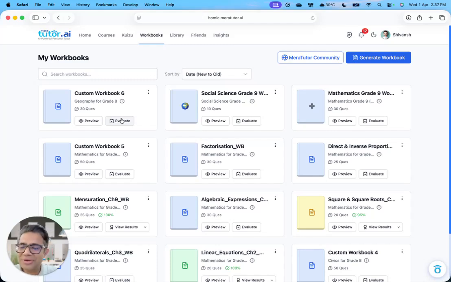We are going to cover that in our next video. So please do watch out for that video. It's going to be very interesting. So I'm hoping that if you are a student, tutor, teacher, school leader, or parent, this feature of generating workbooks on the go using your school recommended textbook is something that you are going to love and use. So do try this feature for free on